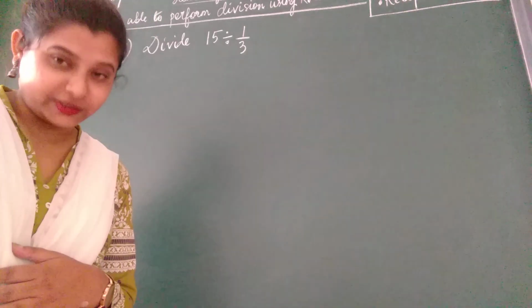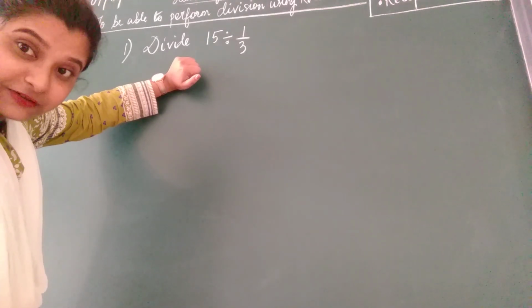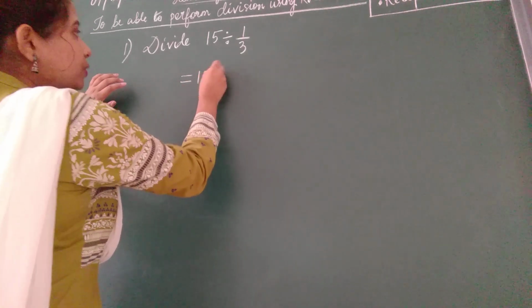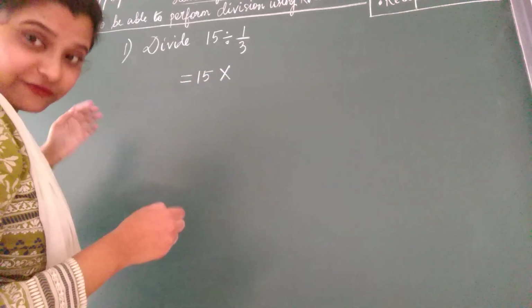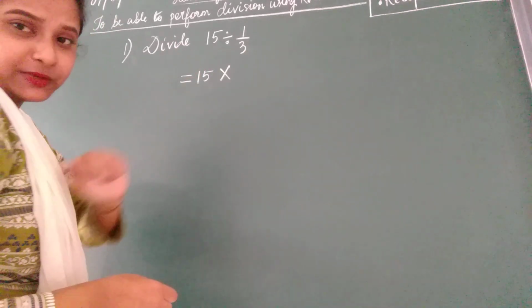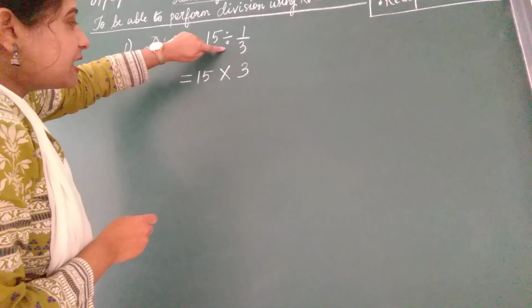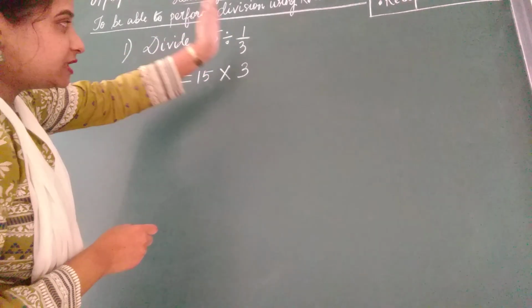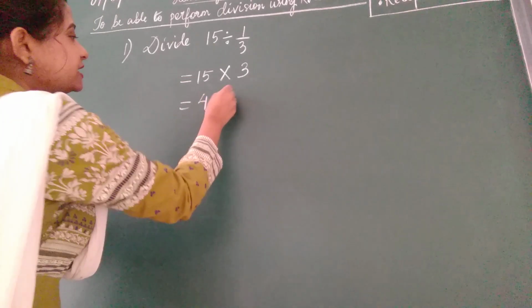Now why is reciprocal important? Because it helps us to do these kinds of divisions of fractions. So here we have written 15 divided by 1 by 3. So this division sign can be changed into a multiplication sign if I write the reciprocal of the next fraction, that is 1 by 3. So 1 by 3 will become 3. Alright, so if you put a multiplication sign in place of division, we have to do the reciprocal of the second fraction. Alright, so we have 15 into 3, that is 45.